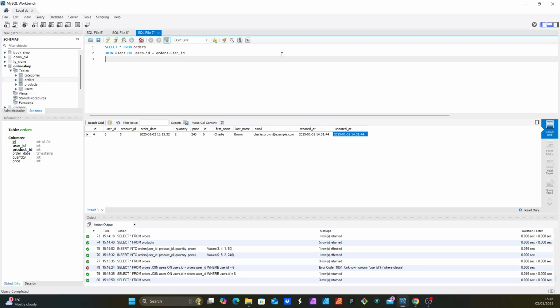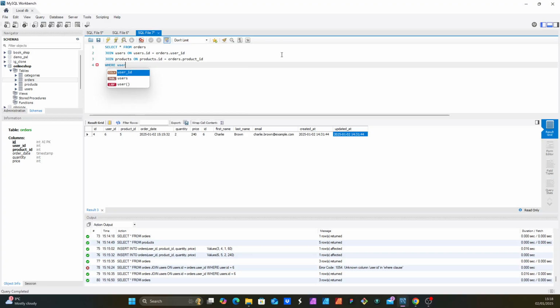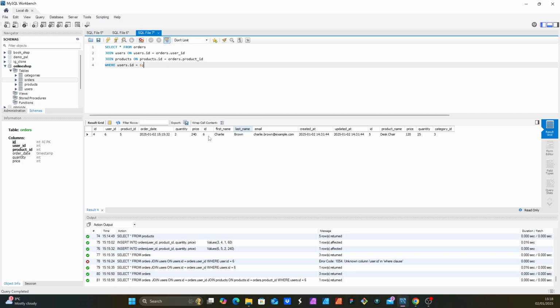You could do multiple joins. Join products on products.id equals orders.product_id, where users.id equals, what was it, 6, and we have this long query, right, which we could put, let's say,